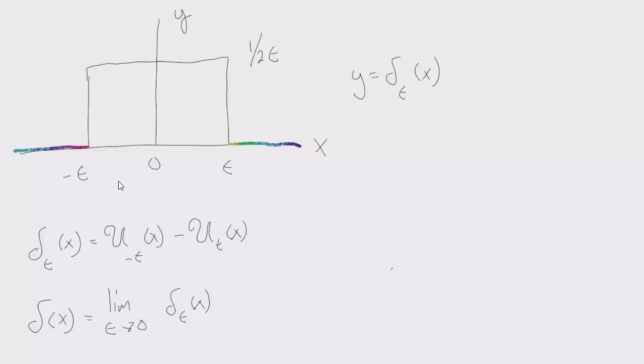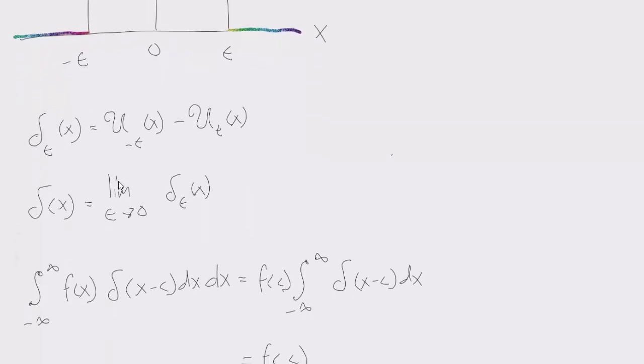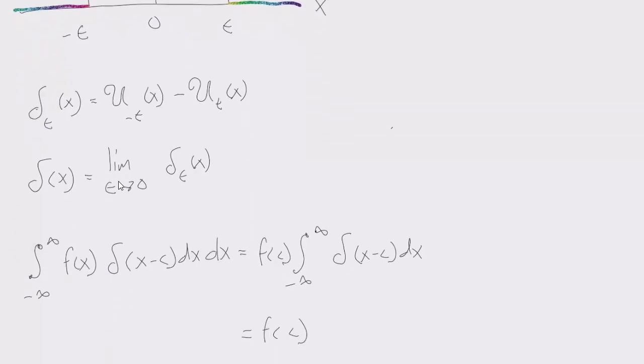Now, why does that matter? Why do we care? What's so special about that? Well, what matters is when we try to take that moment of energy and compare it to a function value of some type. So if I'm integrating, say, from negative infinity to infinity of f of x times this delta,